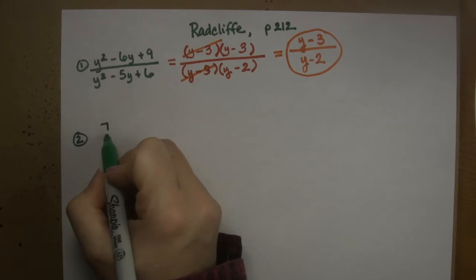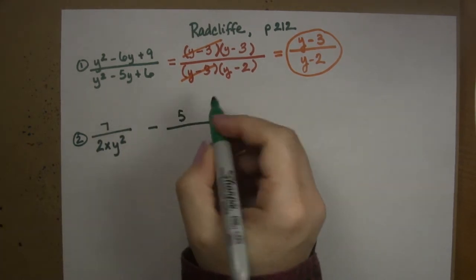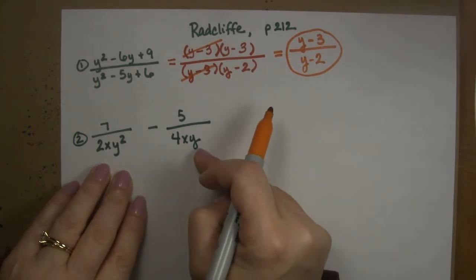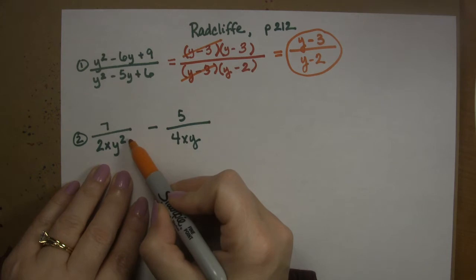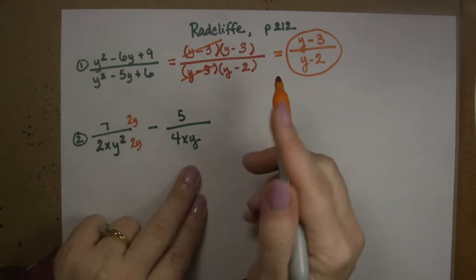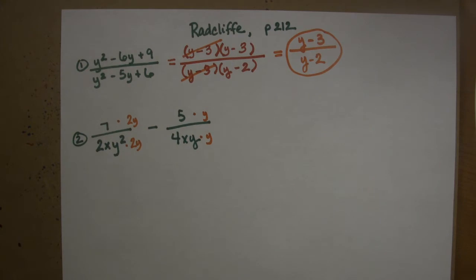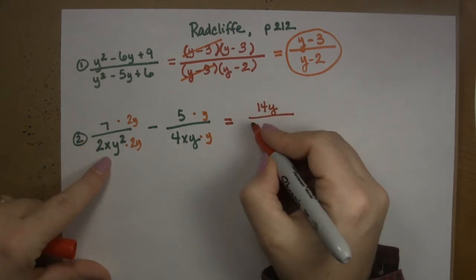For number 2, we have 7 over 2xy squared minus 5 over 4xy. And so we are going to try to subtract those from each other, but we are going to need to have common denominators first. I see that if I multiply this one by a 2y, and I have to do that on the top and the bottom, and if I multiply this one by just a y, then I should have common denominators. Let's see what I get. My top will be 7 times 2y, so that'll be 14y. And then my bottom is going to be